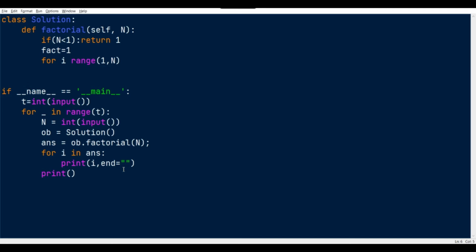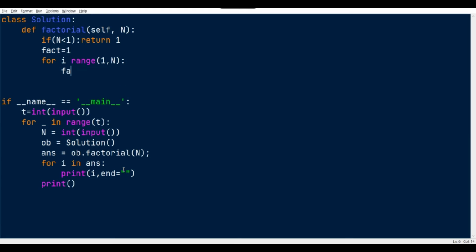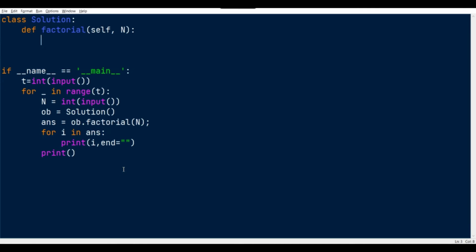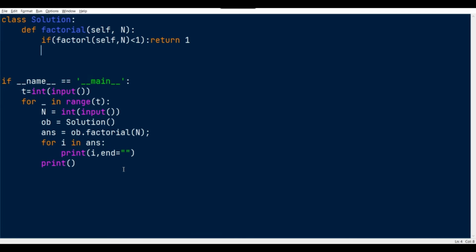Otherwise we do fact equal to fact star i, or else we will go for recursion: if factorial of self comma n is smaller than 1, return 1, else return factorial of self comma n into factorial of self comma n minus 1, like that.